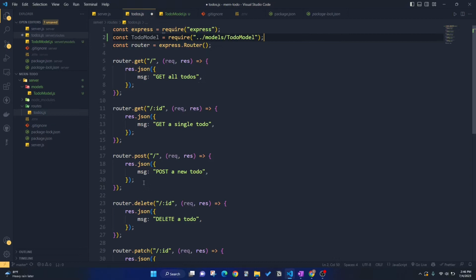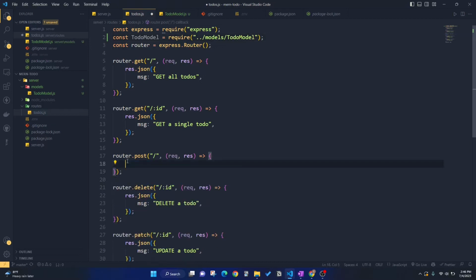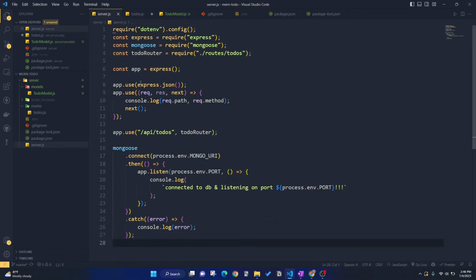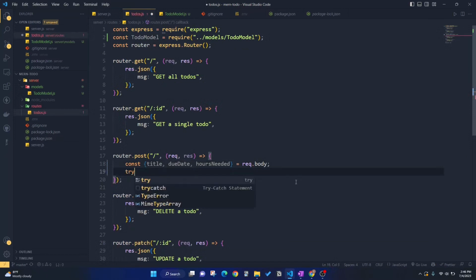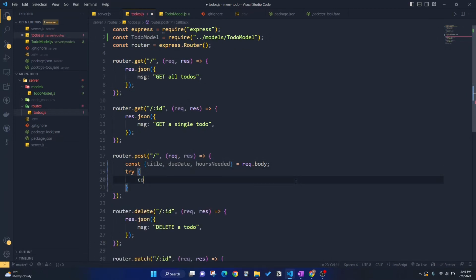And in our post request, first I'm going to remove these lines. Then I'm going to get the title, due date and hours needed from the request body. So to access this request body, we have to pass express.json as the middleware. After taking these title, due date and hours needed, then I want to